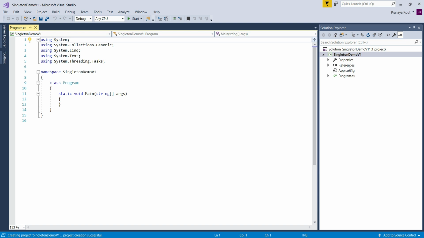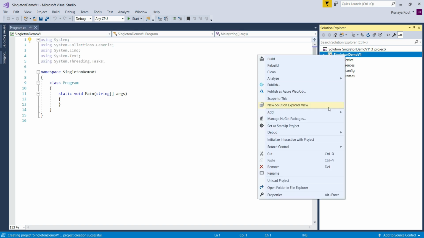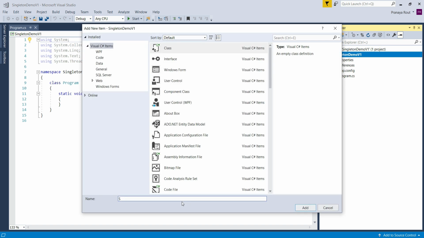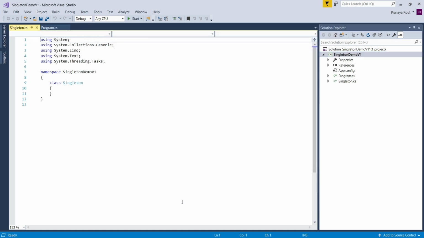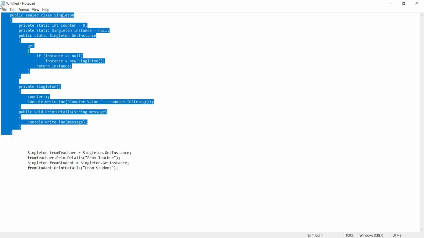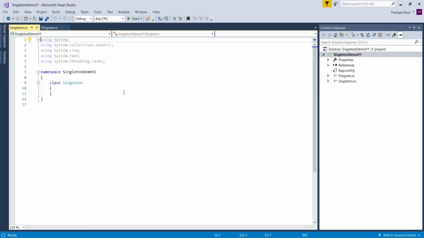Once you have created the project, let's add a class file with the name Singleton to our project. I have already typed the necessary code for the singleton class, so let me copy paste the code from the notepad. Once I copy paste the code, then I will explain each line one by one.